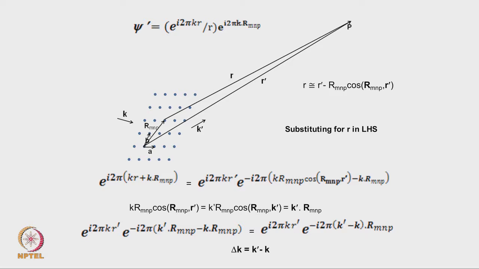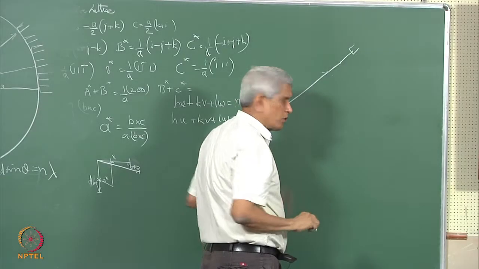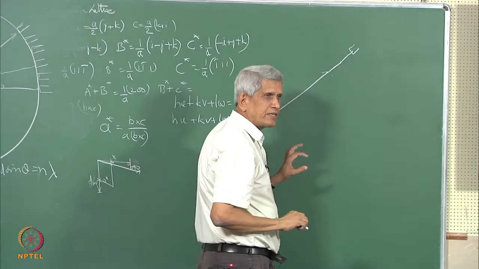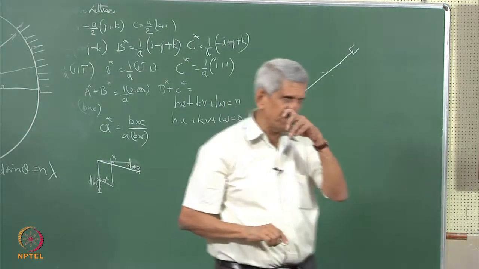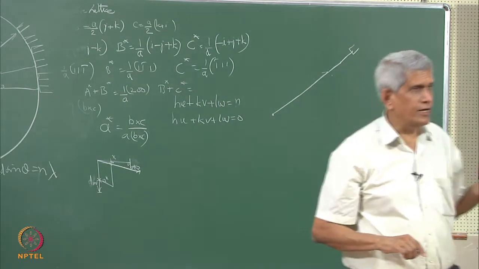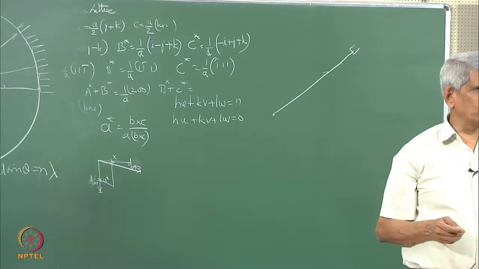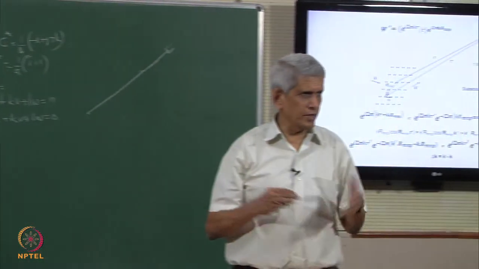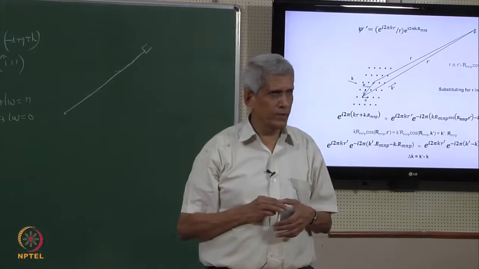See, what are we trying to do? From this point, in this particular direction, we try to find out if I put a detector here, which is very far away, compared to the atomic distances, correct. What is the distance between atoms in a lattice? It is essentially 0.2 or 0.3 nanometers.